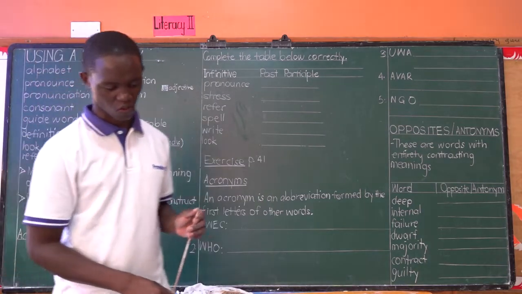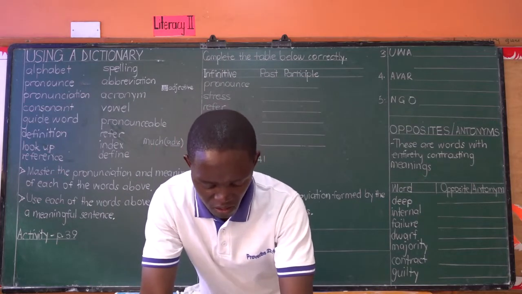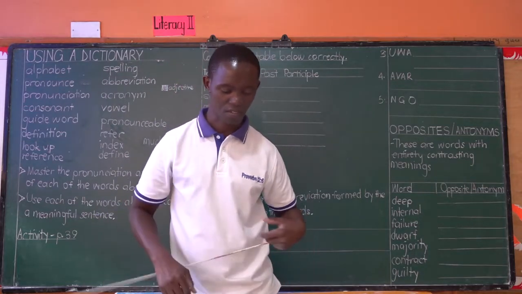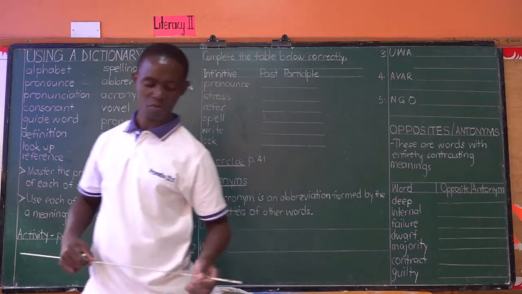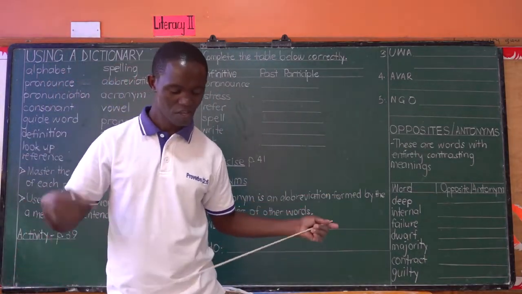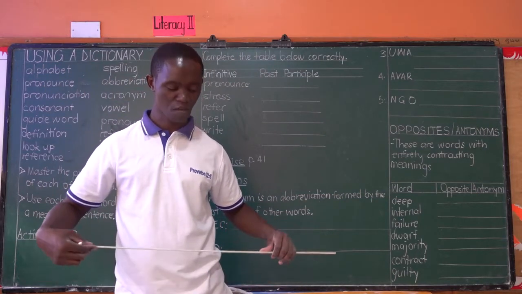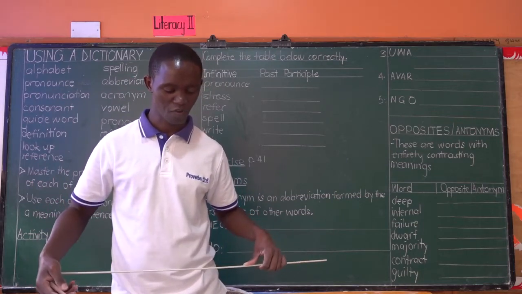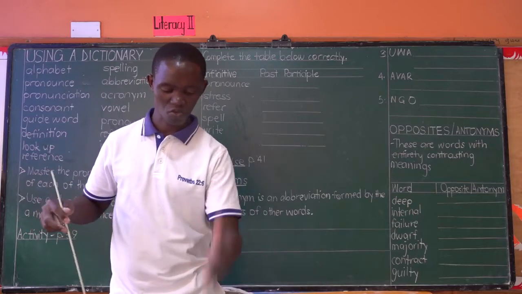So let's go ahead with using a dictionary when we know the meanings of those symbols or labels that are used in that very dictionary. Letter C is used to show countable nouns. Then letter U is used to show you uncountable nouns. What else? CONJ, that is conjunction. Then DET shows a determiner. Next is N, which shows you the noun. Then PL, the pronoun, and other labels used in the dictionary as shown in the workbook.